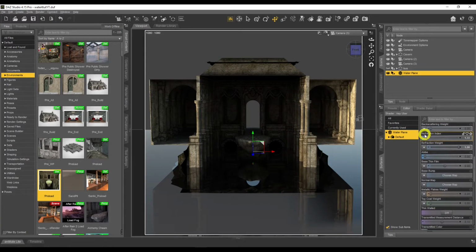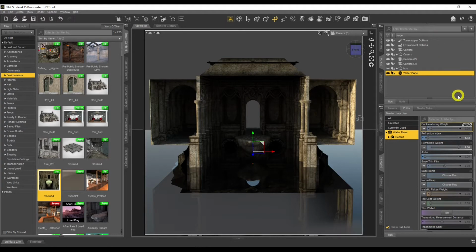So the next one we've got is refraction index. There is a tutorial I did very early on called the glass shader tutorial. I'll put the link here at the top right. If you watch that, I talk about the refraction index in a bit more detail, and I go into the properties of glass and things like that, so you can create those different types of materials from anything. That's what the refraction index does. So check out that tutorial. If you're new, go and check it out. Highly recommend you do that. Add to your bank of knowledge, so you can use that in whatever you want to do inside